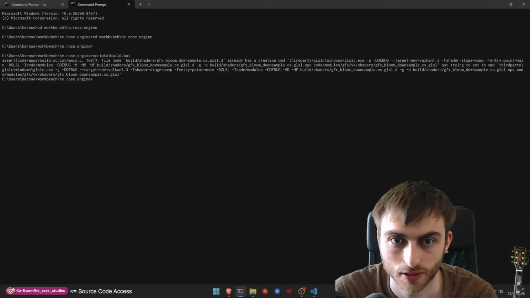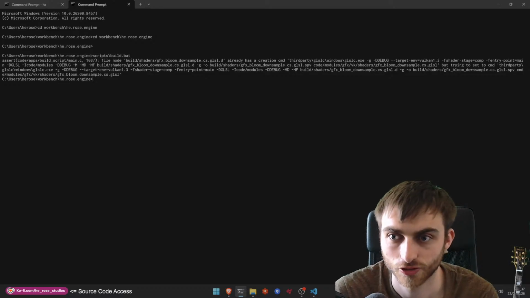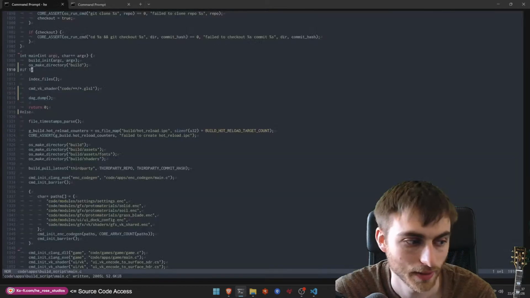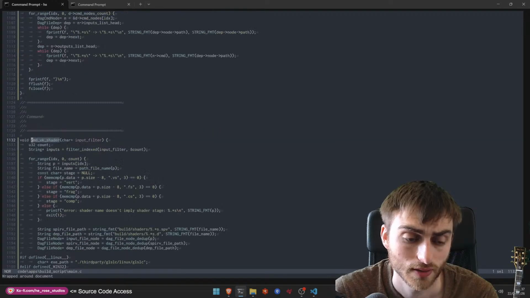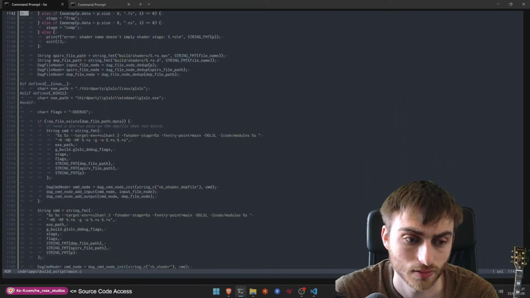Okay, this is an assert here. Right, so file node already has creation command. So basically the file is trying to be made multiple times, the dependency file. That's interesting. Yeah, that is the case then, isn't it? You can actually have